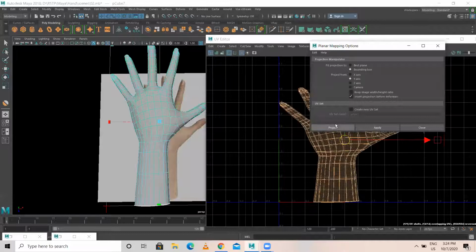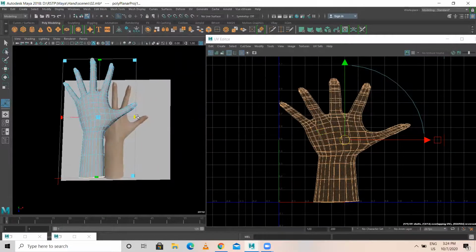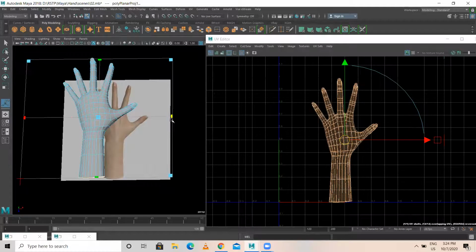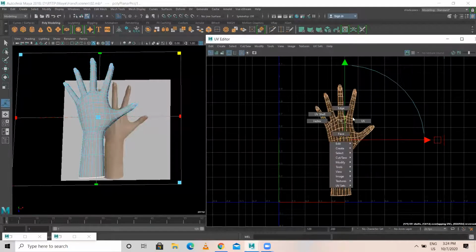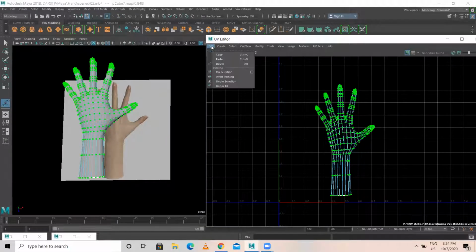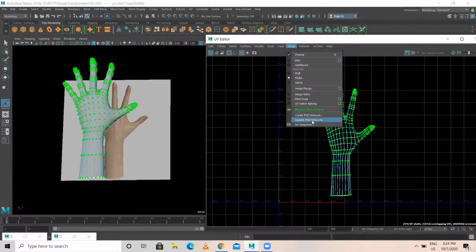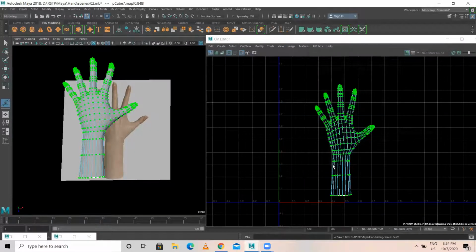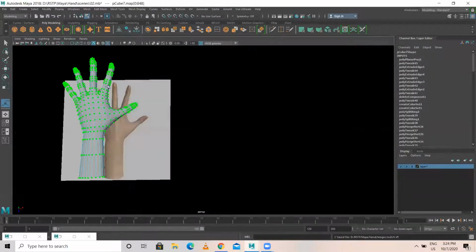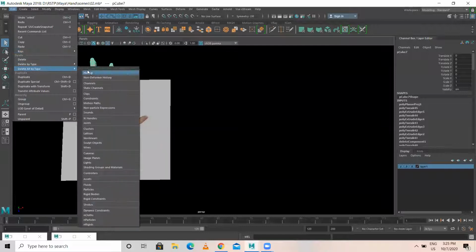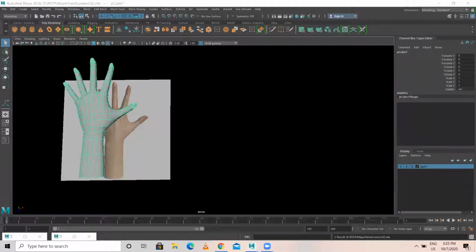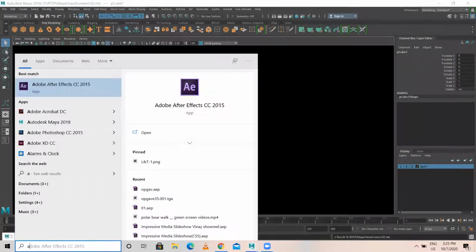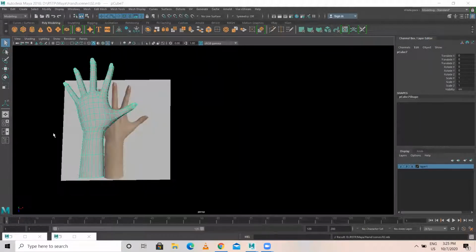Plane, y-axis, projector. Okay, do you remember I informed earlier that we will be working in both Maya and Photoshop. So now I'll do that.